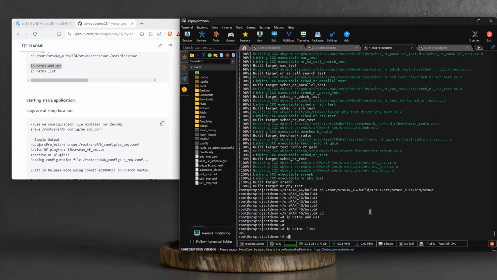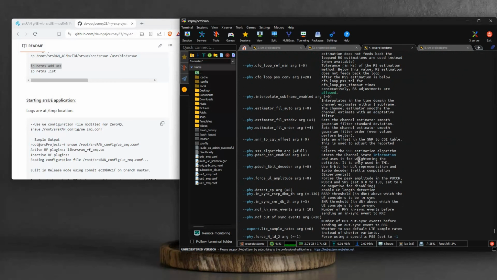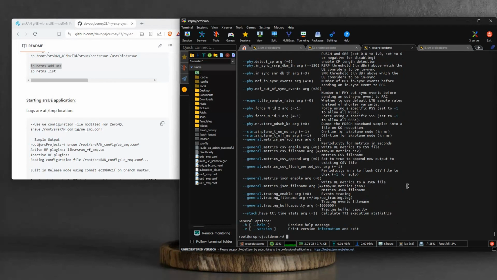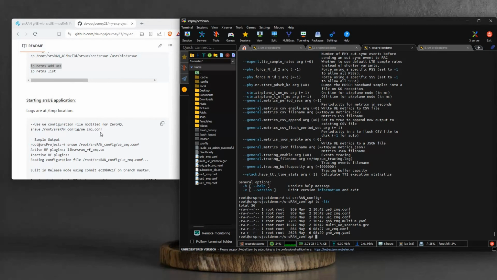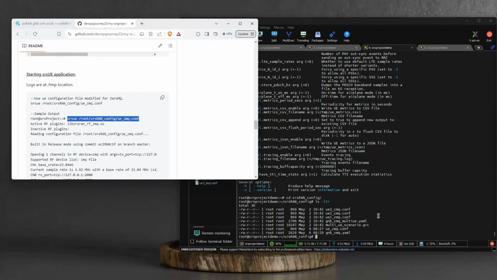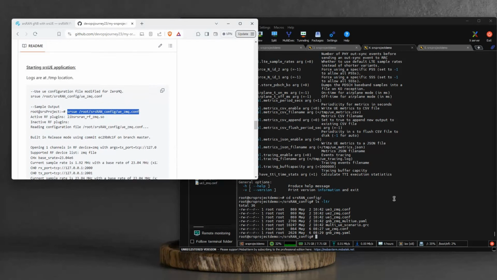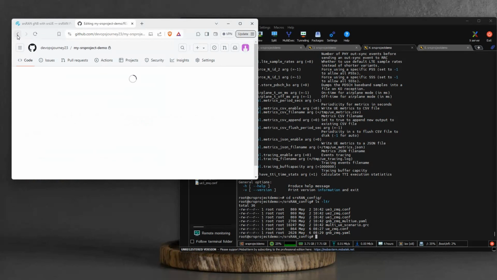Just like the gNodeB application, for the UE application we can pass the parameters as part of the arguments, or we can use the configuration file. I have all the configuration files available under the srsRAN config folder, so I'm going to use one of them, which is the ue_zmq.conf file. If we look into the